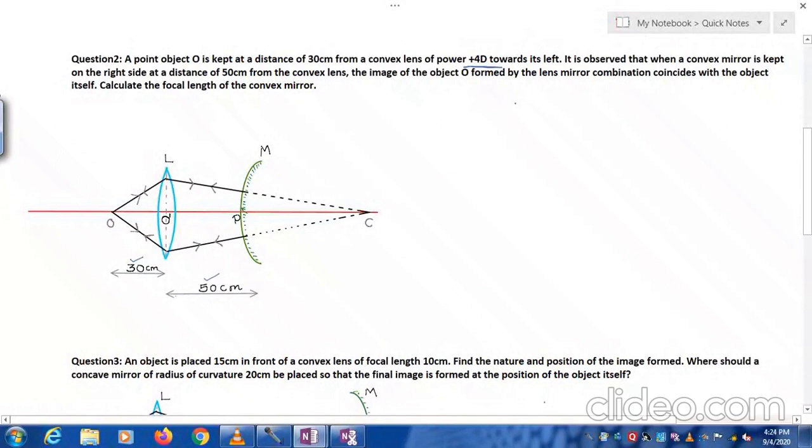So see here, for refraction through lens, object distance U, here it is OO dash, U is equal to minus 30 centimeter because the point object is situated at a distance 30 centimeter from the lens, and the focal length